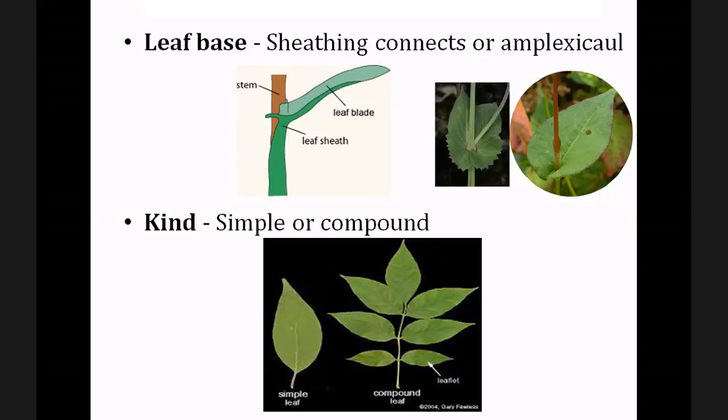Okay, the next category, kind of the leaf. Kind of the leaf we can divide into simple leaf and the compound leaf. Simple leaf mean they are the single leaf. Single leaf that never divided into small leaflets. They are not divided into smaller leaflet units. They are simple leaf, always attached with the petiole. That is called as a simple leaf.